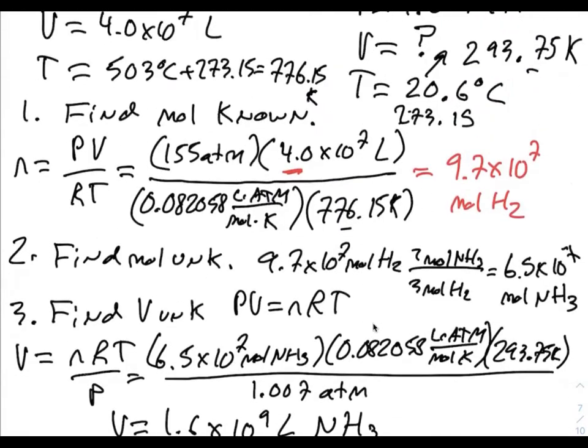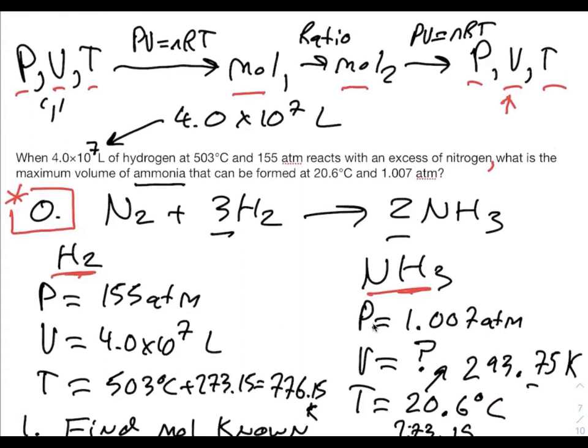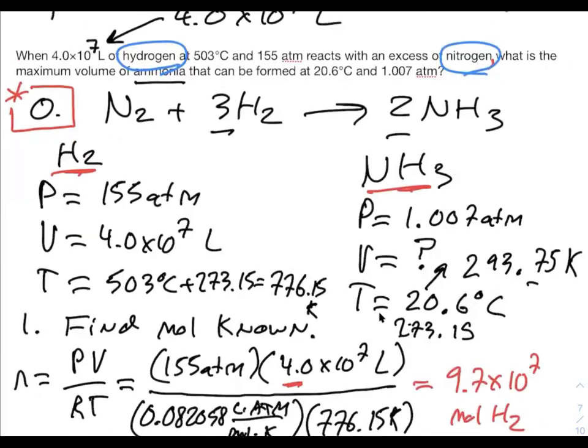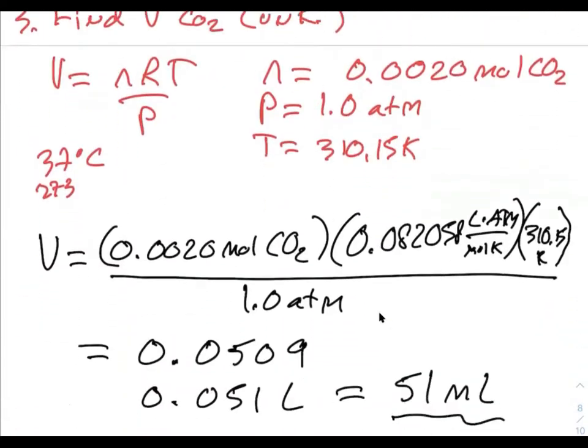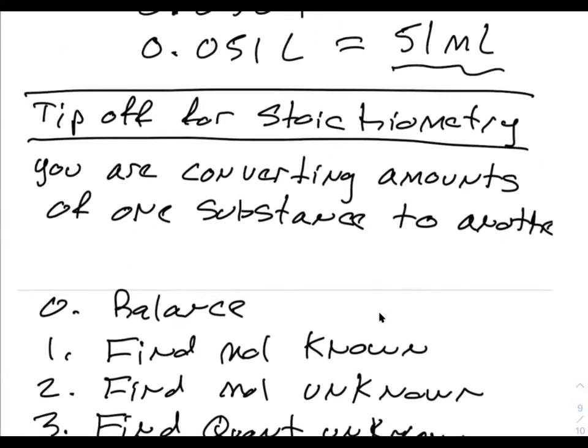Or let's go back to this problem here. I was given amounts of hydrogen and asked to find amounts of nitrogen. That tells me it's stoichiometry, right? So let me go back to where we were. So that's my tip-off. And in general, we're going to have a balanced equation, find the moles of the known